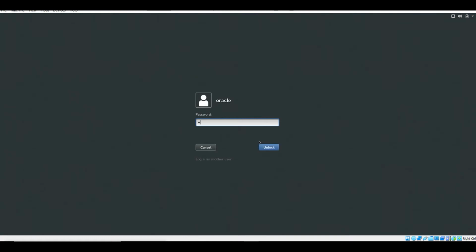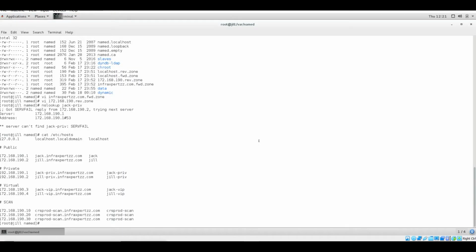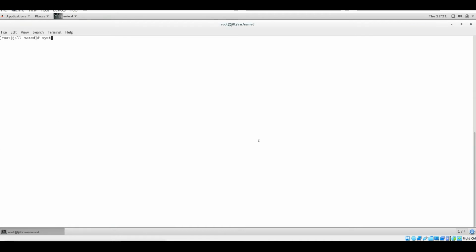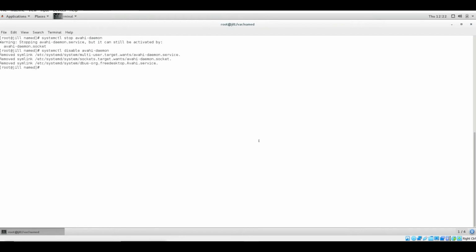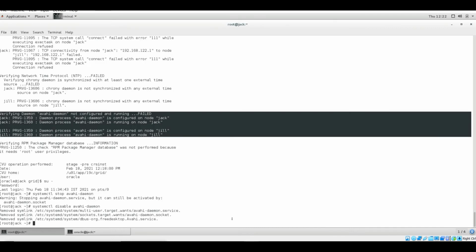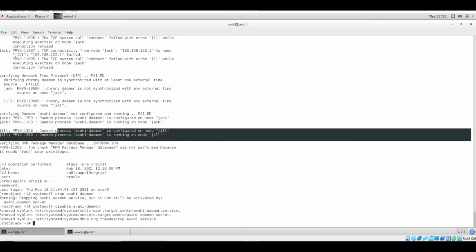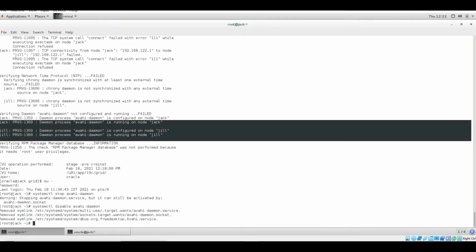Let me do the same from my node 2 also. Systemctl stop avahi-daemon, and then disable the same. So this has been disabled. Now if I run it, at least this error I can say that it won't be there.